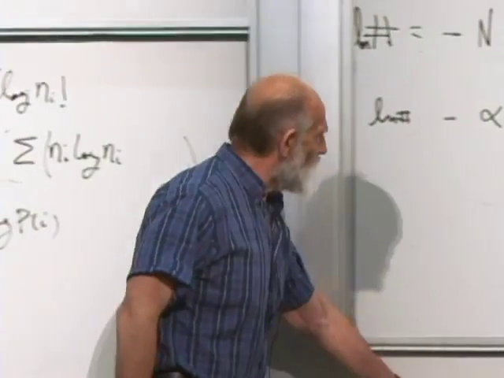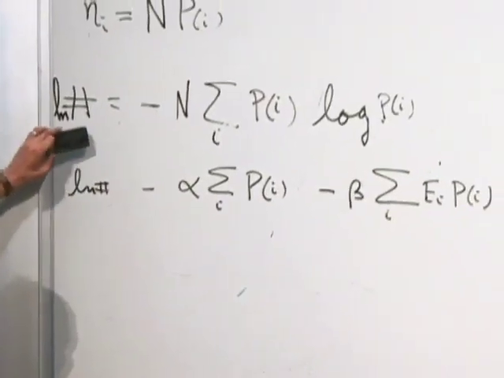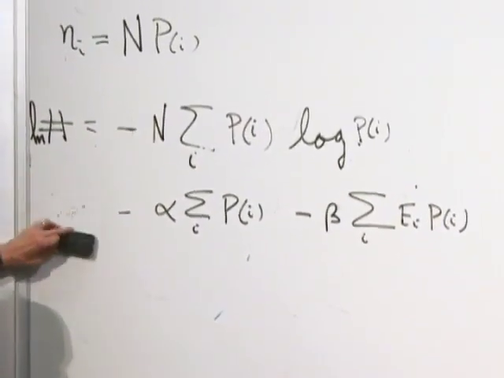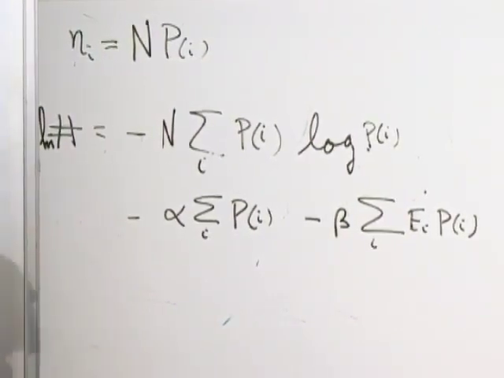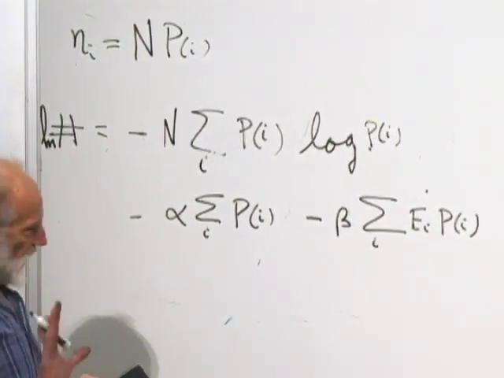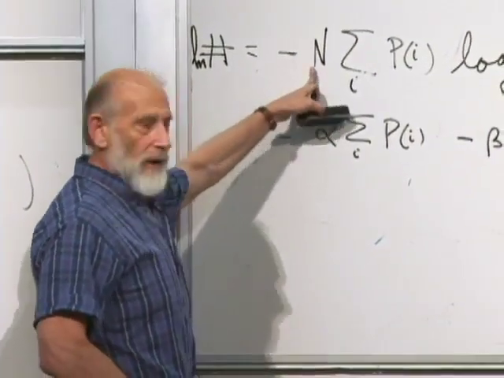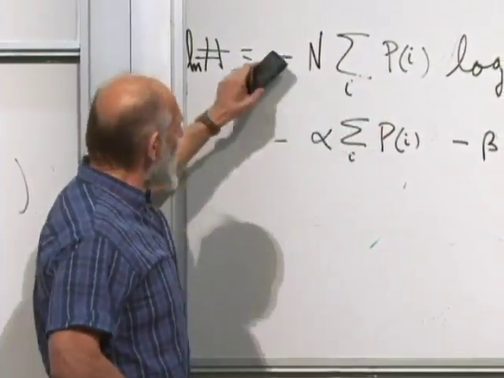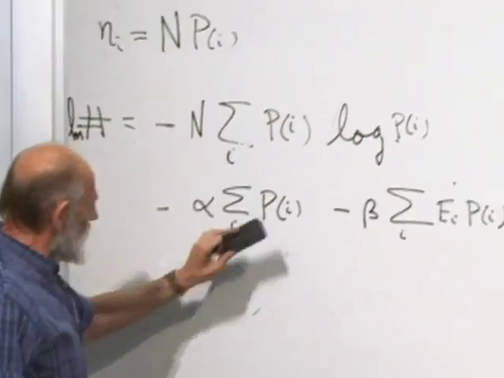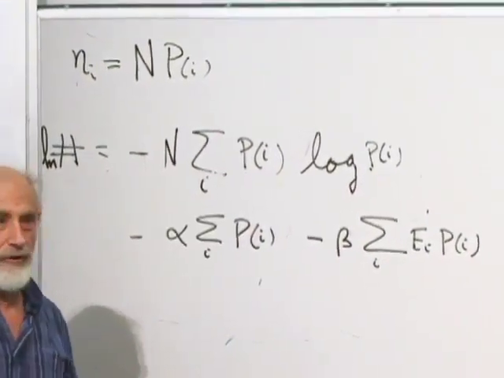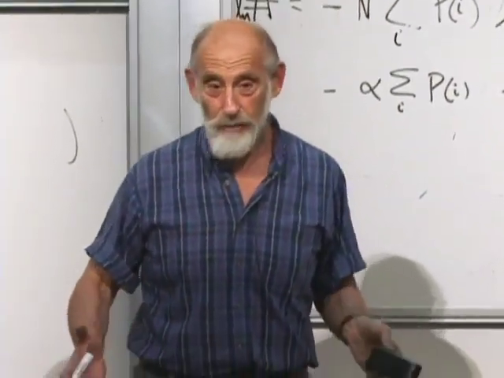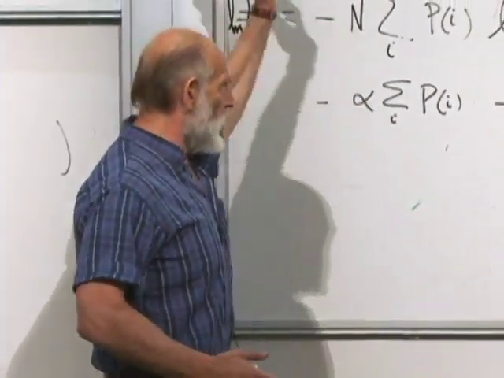And we might as well now write in what log of p is. Here it is right here. Oh, incidentally, one step that I didn't take: we might as well throw away this n. We're trying to maximize this subject to some constraints. Well, maximizing n times something is no different than maximizing the something itself. Let's get rid of all n's.